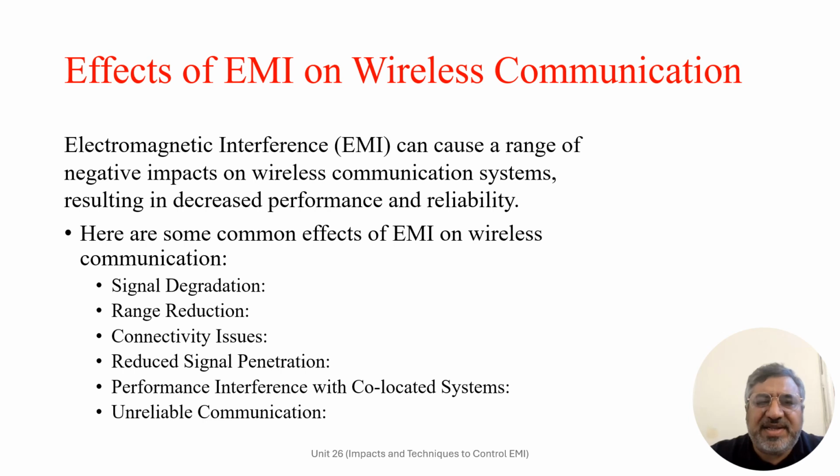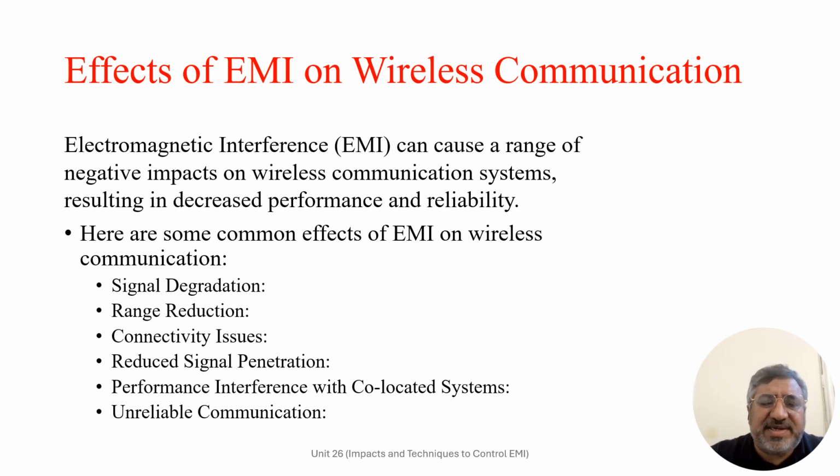As a result, the received signal quality seriously deteriorates, leading to decreased efficiency, increased bit error rate, decreased data rates, and reduced overall system performance. Similarly, it also increases the error rate. EMI can introduce errors in wireless communication systems. The interference can corrupt the transmitted data, causing some bit errors or packet loss. Increased error rates can lead to retransmission or reduced throughput and lower reliability in wireless communication.